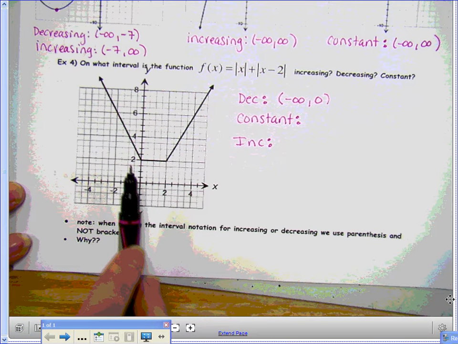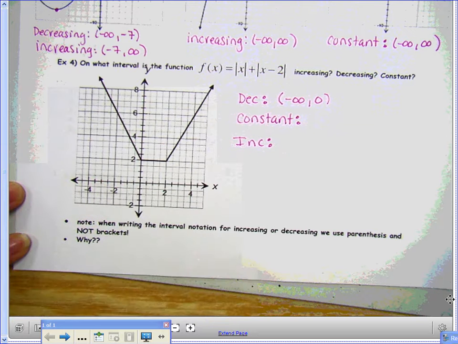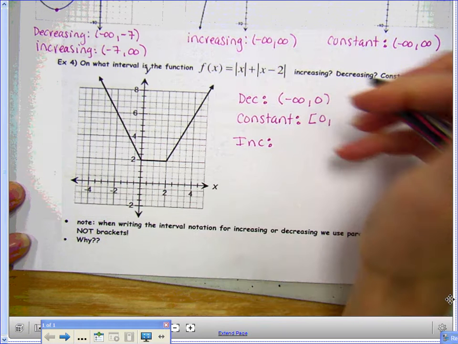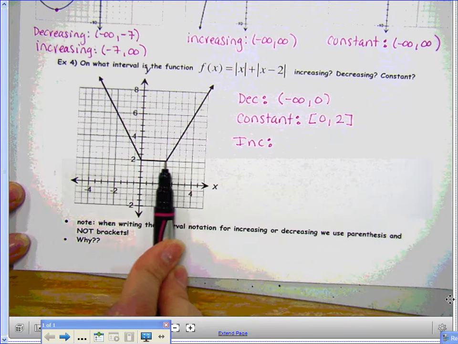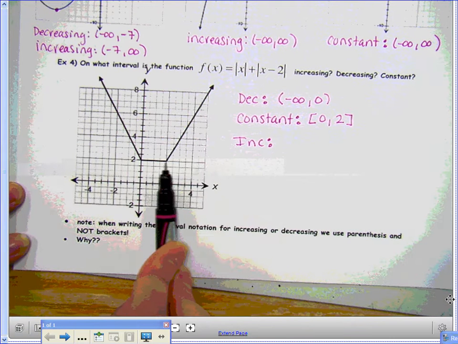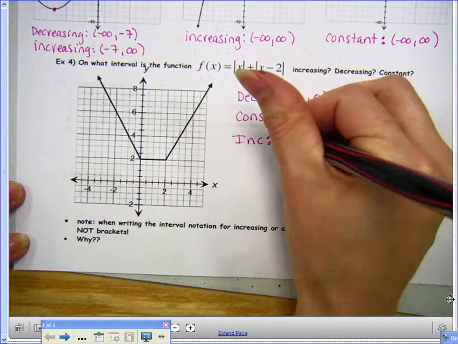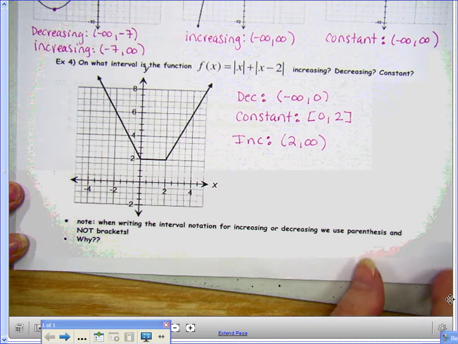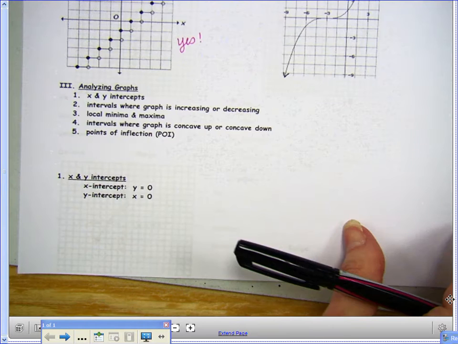So then what are we doing from here to here? We are constant. So we're constant from bracket 0 to 2 bracket. And then from 2, as we're moving along, our y values are increasing. So from parenthesis 2 to infinity, we are increasing. And again, yes, you need to write increasing, decreasing, or constant. Otherwise, you would have no idea what you're talking about. Questions? Okay, so then